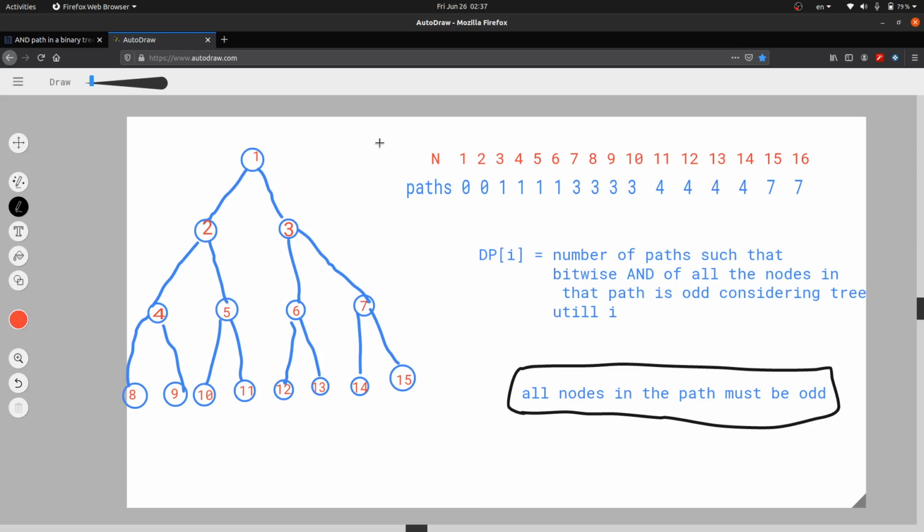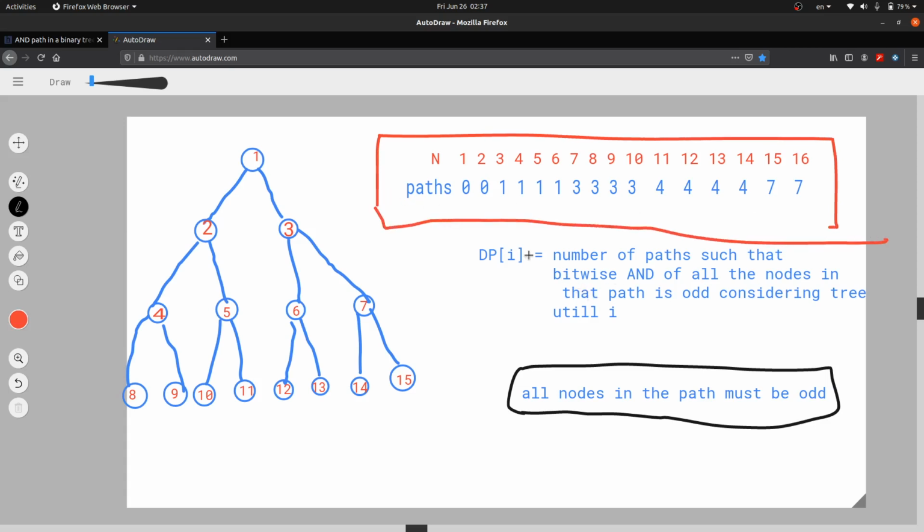How will we approach this solution? In the implementation, we will simply create a DP array from 1 till n, and iterate from i equals 1 till n.